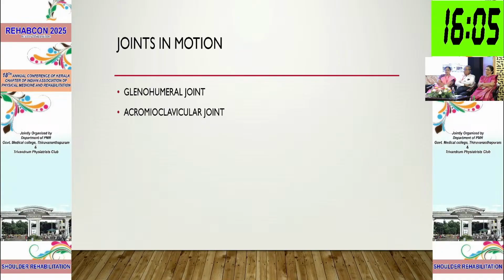Now, basically, as far as imaging is concerned, the major joint is the ball and socket joint, that's the glenoid and humeroglenoid joint. Along with that, the other important joint is the acromioclavicular joint. These are the areas where we will be focusing the imaging to a maximum. And as I said, the anatomy, when it goes to the MR, becomes more and more complex. So the simpler way of interpreting it is by always going